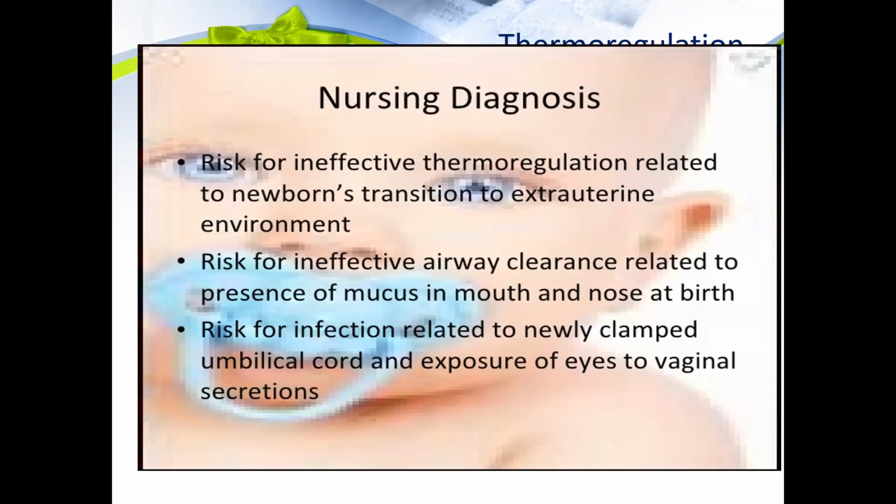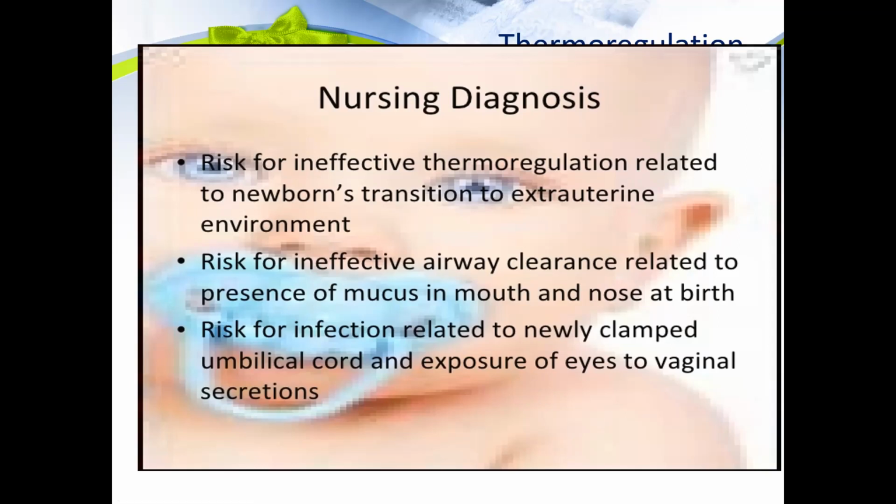Risk for ineffective airway clearance. Again, the baby could have mucus in the mouth. What else could present a problem for this baby? What could they swallow that would cause a respiratory issue? The meconium, yes. And then risk for infection related to the newly clamped umbilical cord and exposure of the eyes